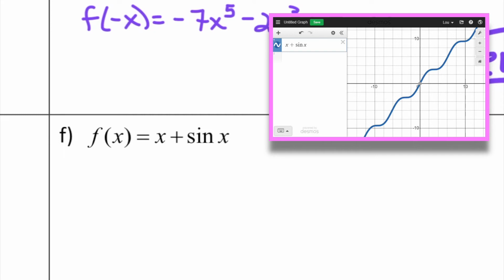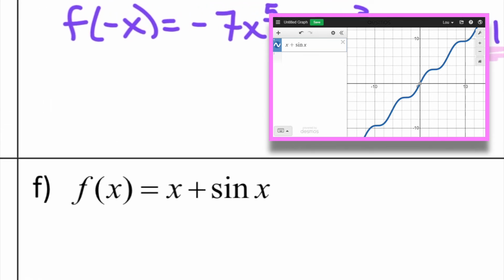If you were to put your pencil on the origin and spin that graph around by 180 degrees, you should see that it would have rotational symmetry. So I am going to substitute negative x here,